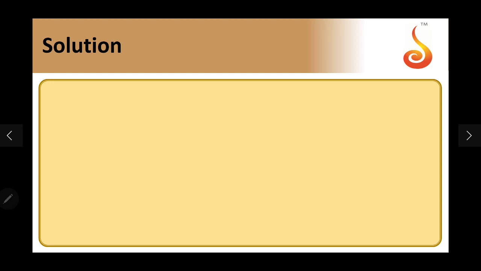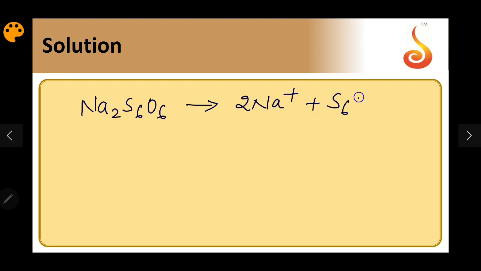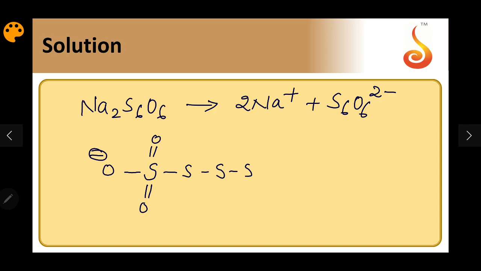Na2S6O6, the structure will be, if I take Na2S6O6, this is giving rise to 2Na plus and S6O6 2 minus. So here sulfur has two double bonds and one single bond with O minus. In between two such groups there are four sulfur atoms. This is the structure of